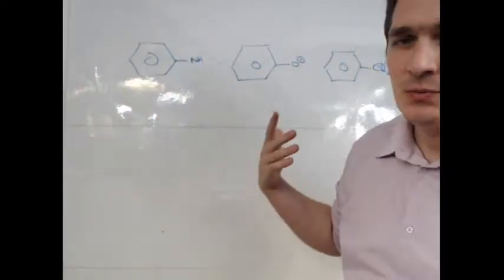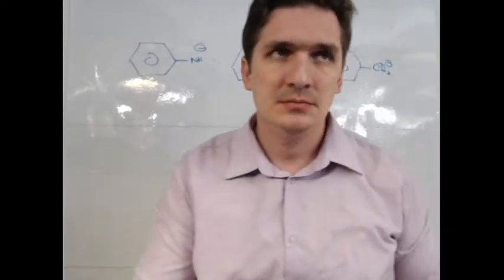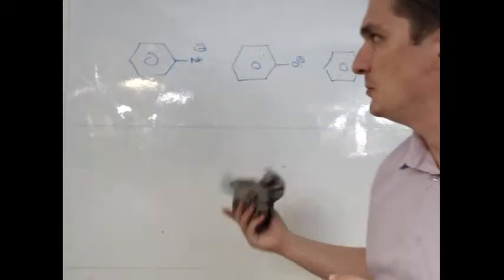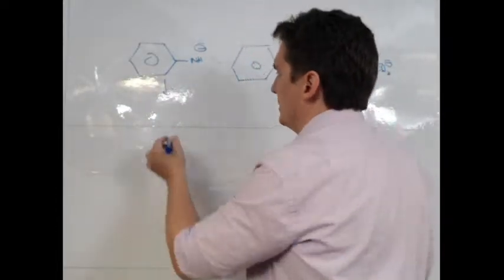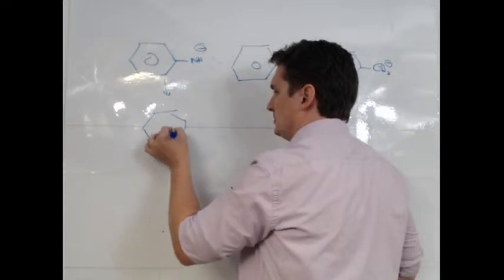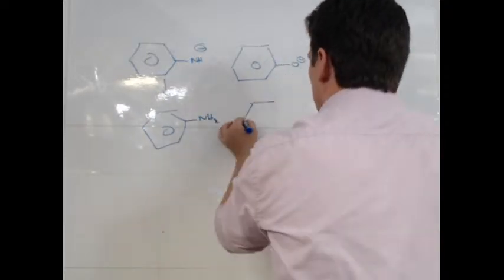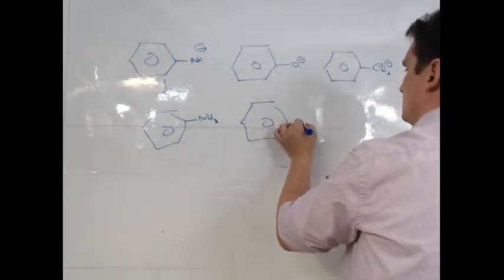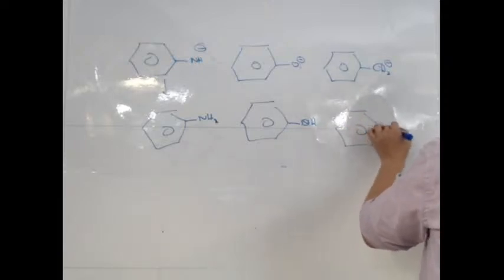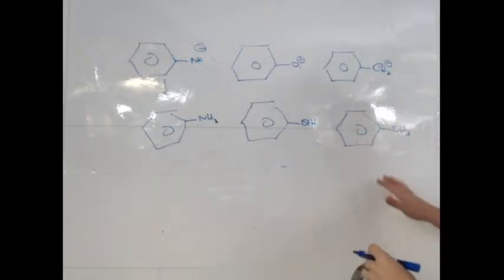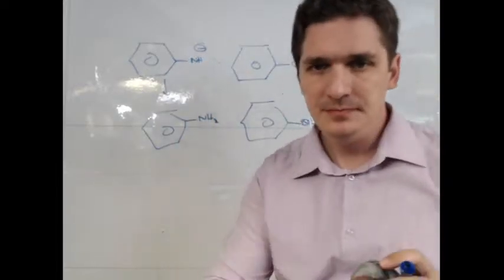To become an acid, we're going to add a hydrogen, so we're going to do the Bronsted theory. So if we add a hydrogen to this molecule, and a hydrogen to this molecule, and a hydrogen to this molecule,